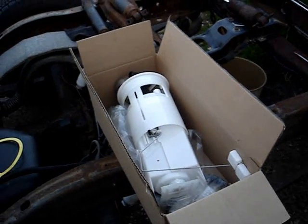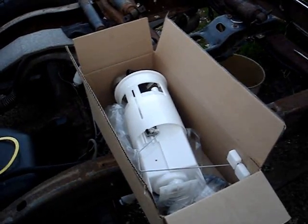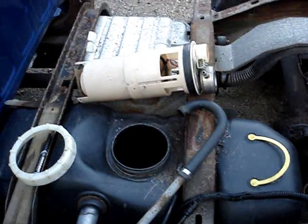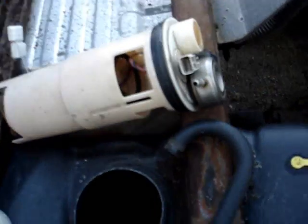When I was shopping at Napa today, I came home with this. It finally came in, the fuel pump assembly. Now I'm going to install it. And as you see here, this is the old one. And before I took the old one off,